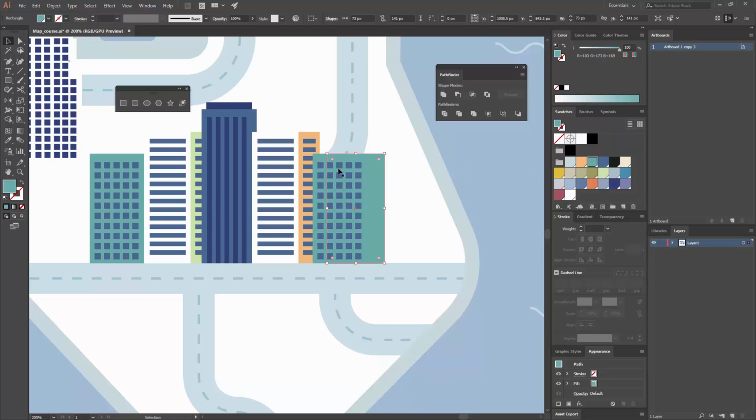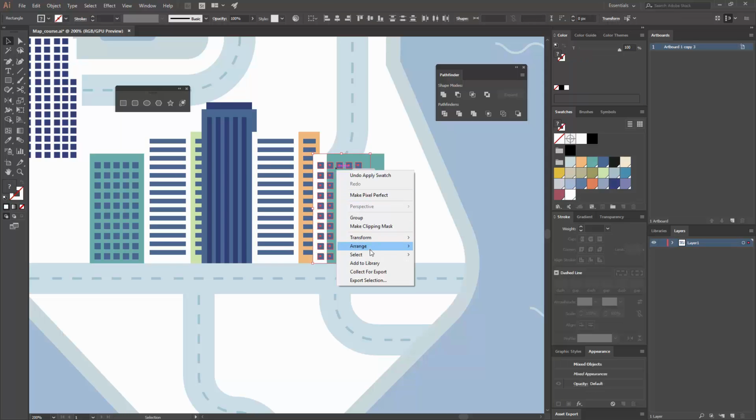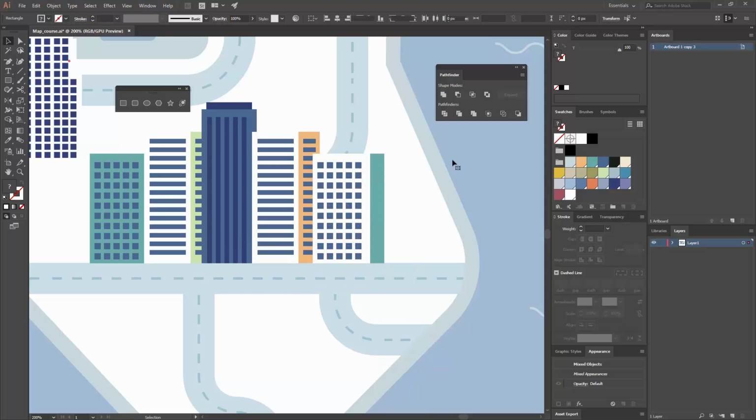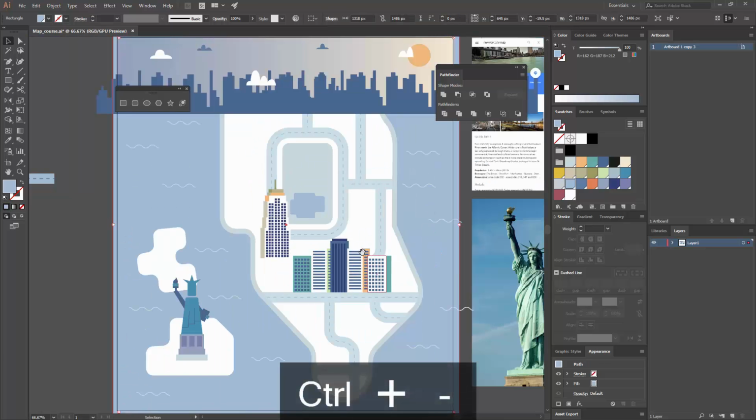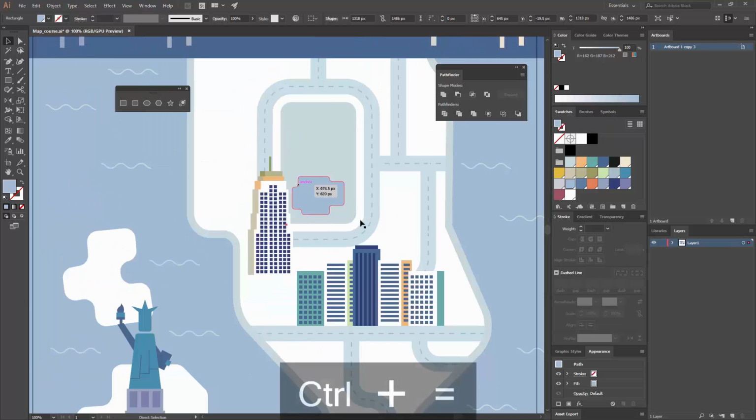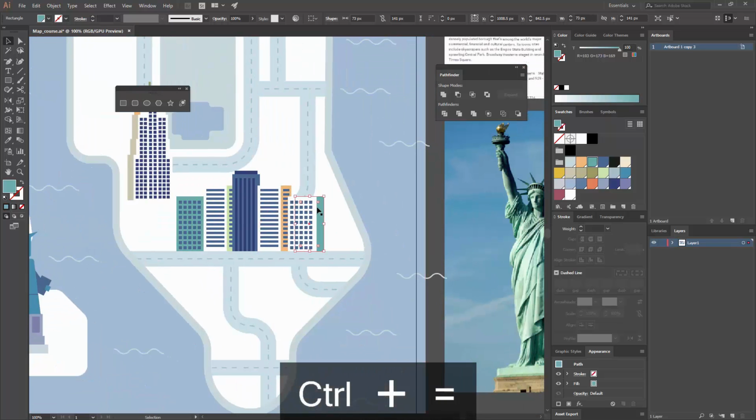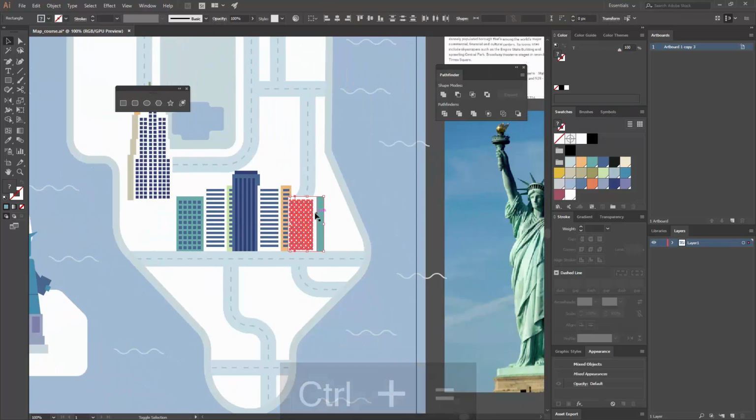So now for this one that is here on the front, I'm going to select white again, because I think this is making a nice contrast. And I'm going to bring these two, right click, arrange, bring to front. And now I have some buildings that are unique and that can represent all the buildings that are there on the skyline of New York. So I can select everything